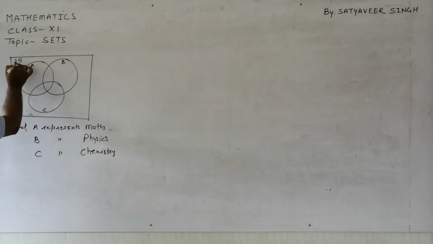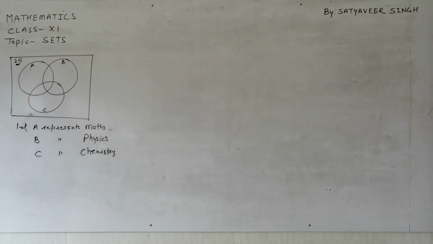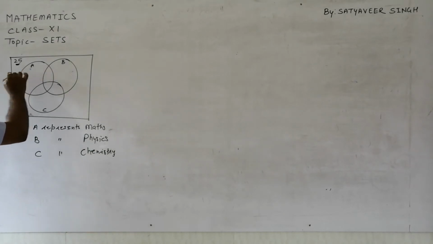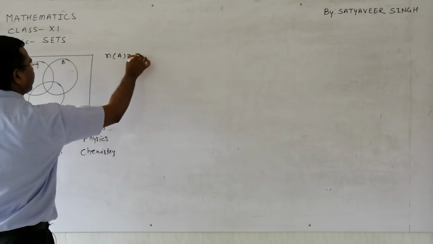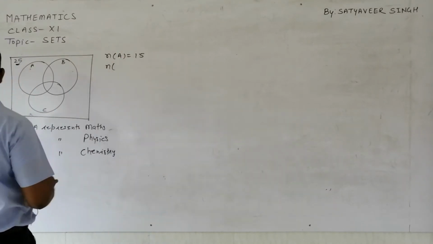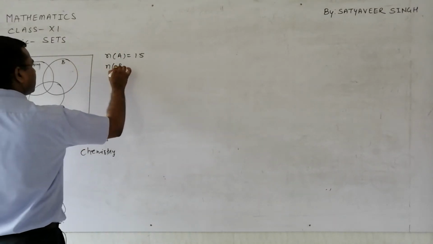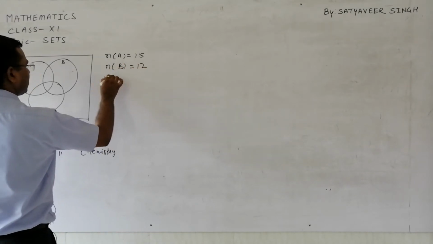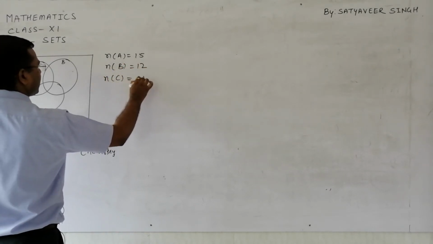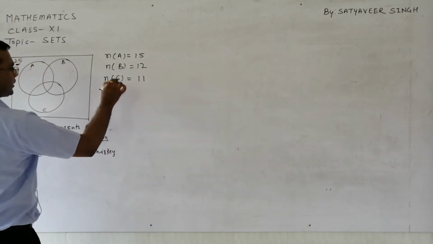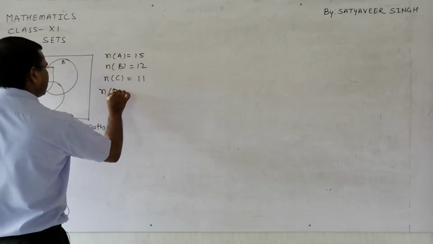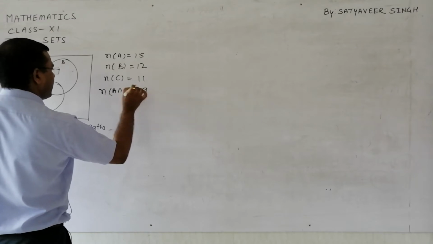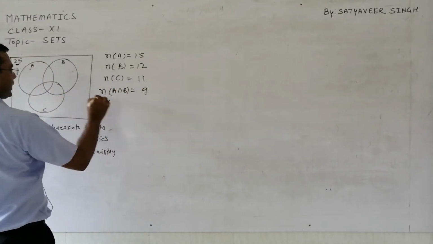There are total 25 students in the class, and the number of students who like mathematics, n(A), is 15. The number of students who like physics is 12. The number of students who like chemistry is 11. The number of students who like mathematics and physics is 9. The number of students who like physics and chemistry